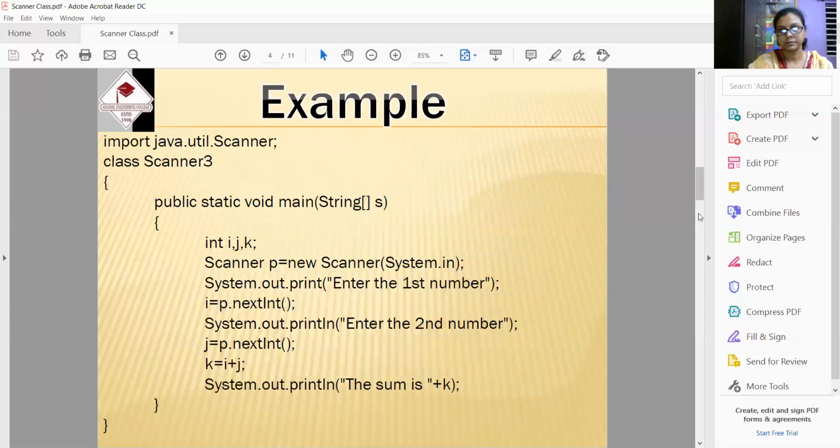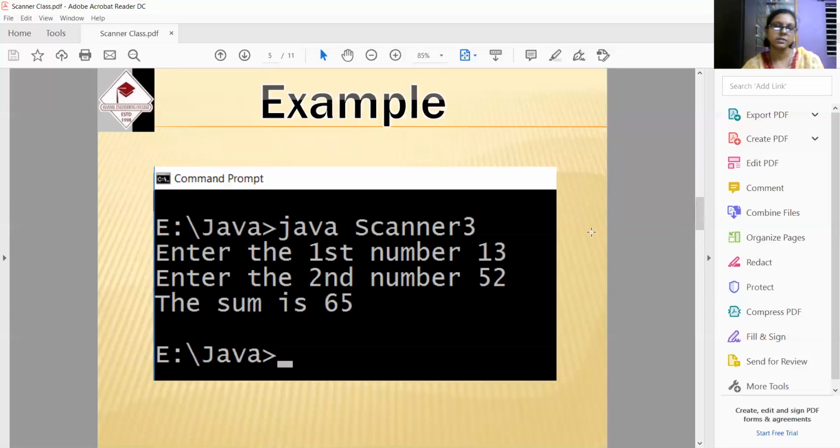The Java folder is there in the drive. Assuming no compilation error, it has been compiled with javac Scanner3.java.